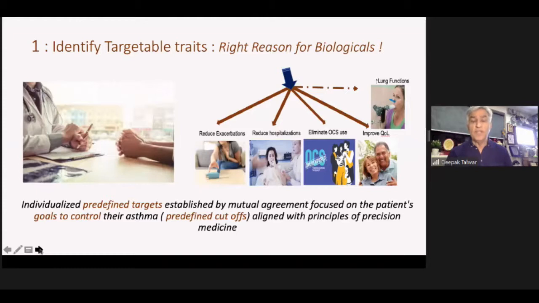So if they are on 15 or 10 milligrams of oral corticosteroid, we know that some of the biologicals may be able to reduce it to 100%, that is zero, or there may be about 50 to 70% reduction depending upon the biologic we choose, the biologic which matches the patient's expectations. And with those expectations we are going to have a predefined cutoff. Most of the times when we talk about oral corticosteroid use, the patient's desire is to come to zero, and we look at a period of 4 months, 6 months, or 1 year, and that predefined cutoff is discussed with the patient.